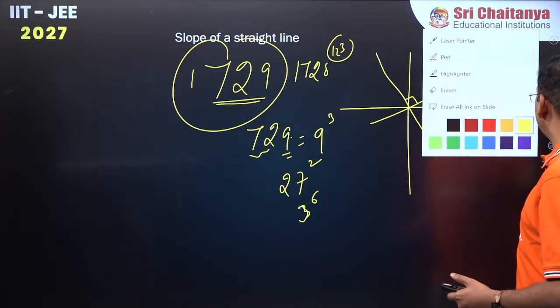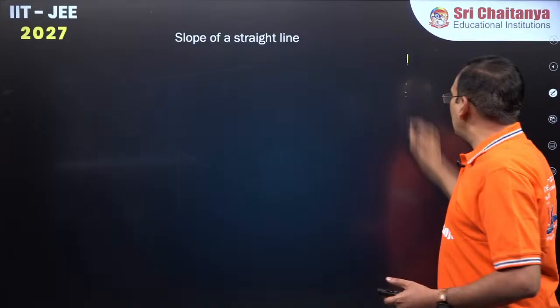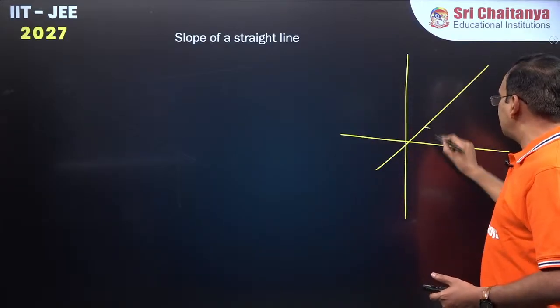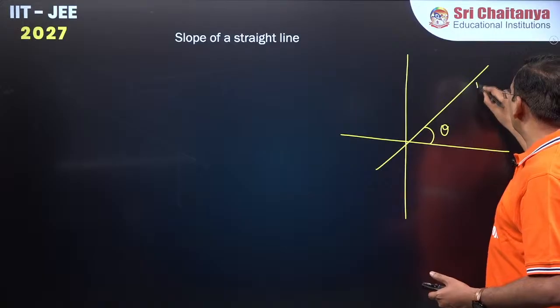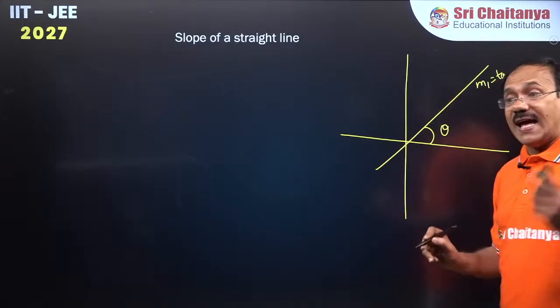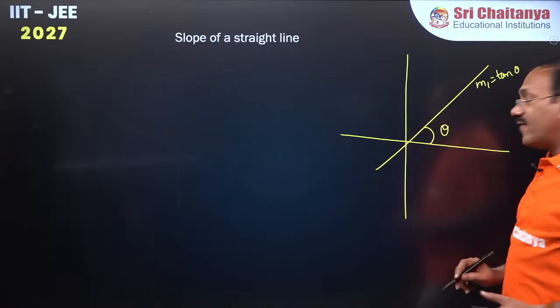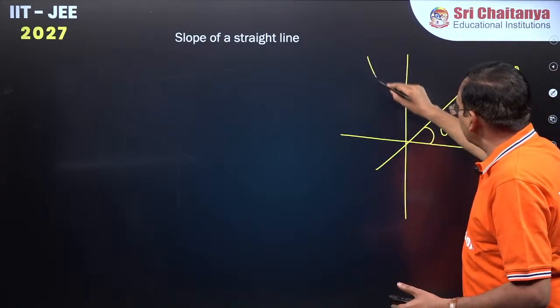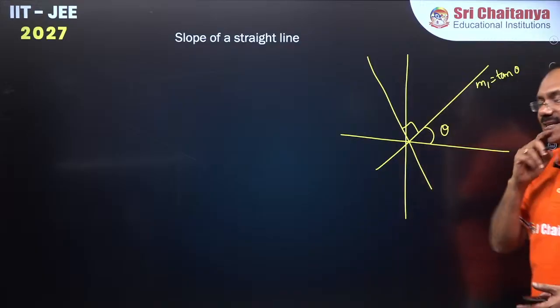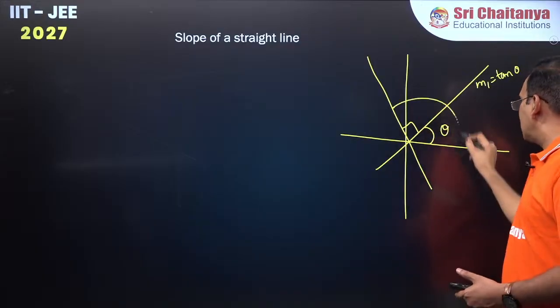Next, my point here is, if two lines are perpendicular, suppose there is first line which makes an angle theta, so its slope M1 is going to be tan theta. Suppose there is another line which is perpendicular to this. So what could be its inclination, guys? Its inclination means this total angle